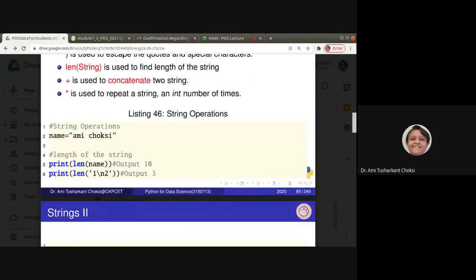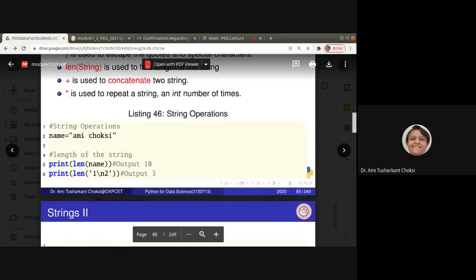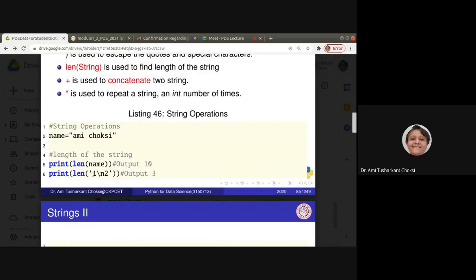But what about this new string? Print len of, in single quotes, 1 backslash n escape sequence, isn't it? Whenever we have something with backslash, it is an escape sequence. So backslash n and then after that 2. What is the length of this?